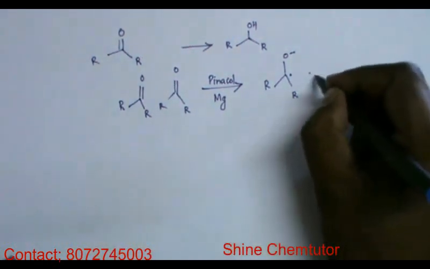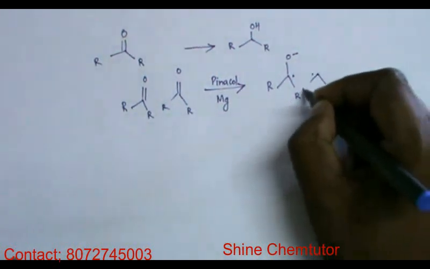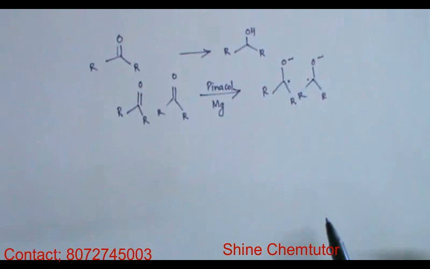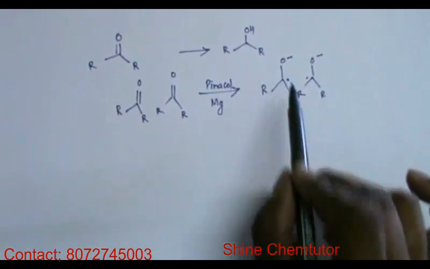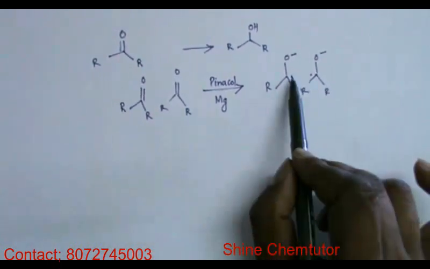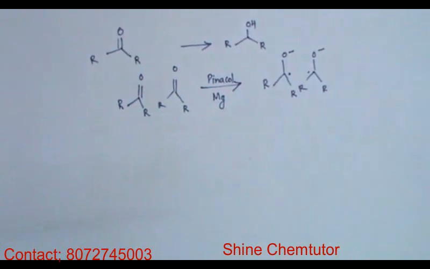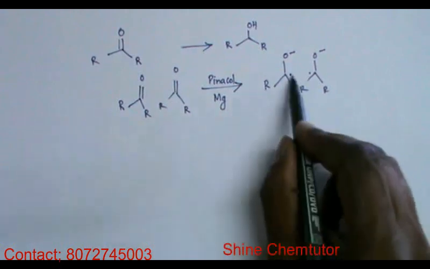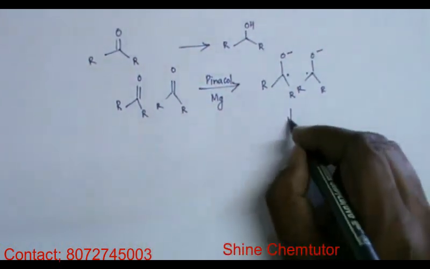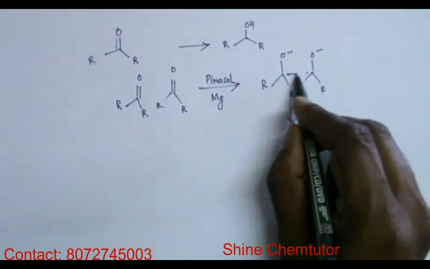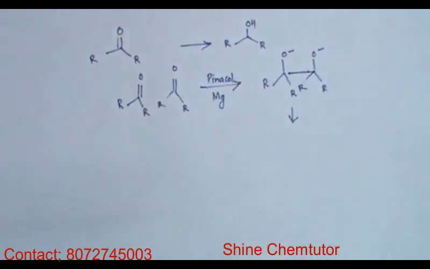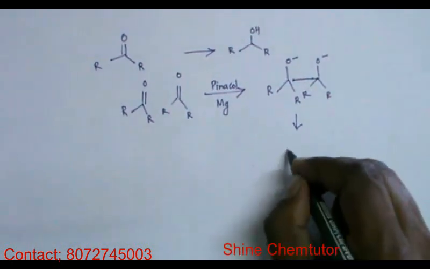Similarly, imagine one more molecule like this. I have not donated one more electron on this. If I donate, it will become minus. Then that will be reduction of ketone. Instead of that, I have donated one electron. Then I have made a bond between these two. This bond is made up of two electrons now. What I get is